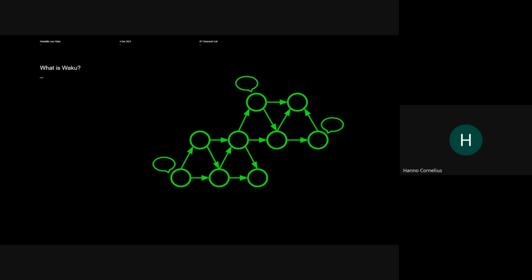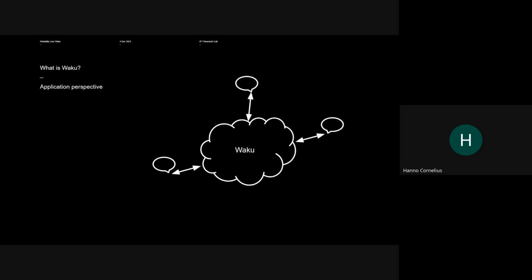That means from an application perspective, Waku can just be this abstract idea of a communication medium, right? So these application instances just plug into this communication medium, and all they know is that the messages that they're pushing on the one side pop out on the other side. And in fact, in a properly designed application, it should be possible to just remove Waku and replace it with any other communication medium, and the application should function in exactly the same way, right?